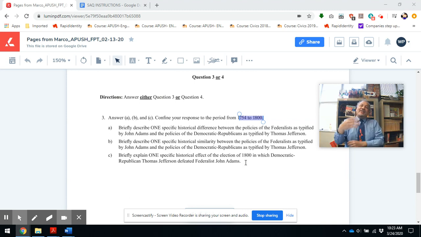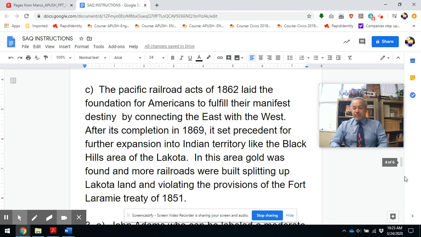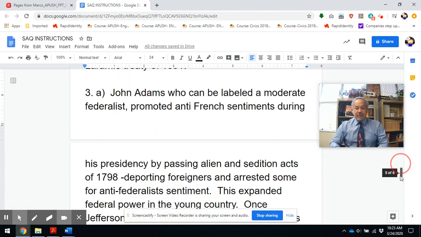This should be easy. You guys already know this in a way, but I don't think you do know. You know some differences, but I don't know if you've forgotten what Adams did in his presidency that was representative of his Federalist policies, and what Jefferson did that represented his Republican policy. This is what review will do in the next month for us. It'll get you prepared for your online test. So let's move on down here and see my response to A.